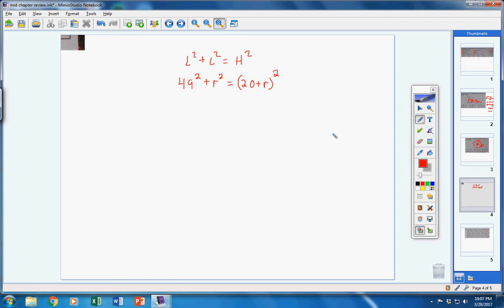First of all, let's tackle the easy thing first. 49 squared is simply